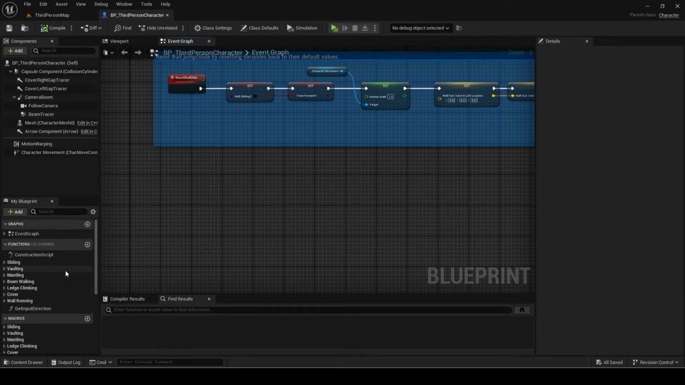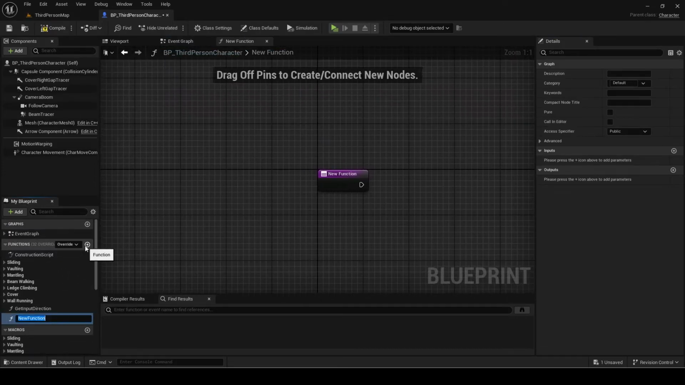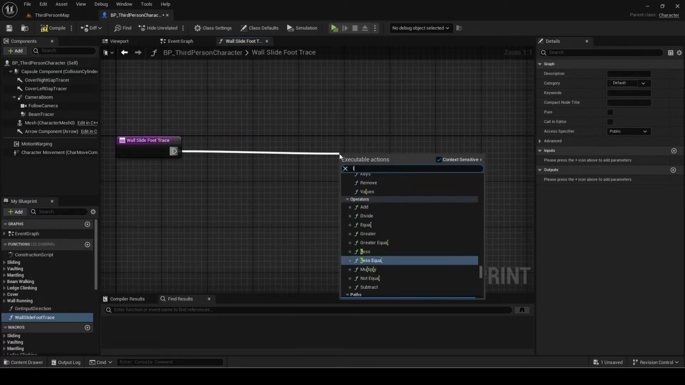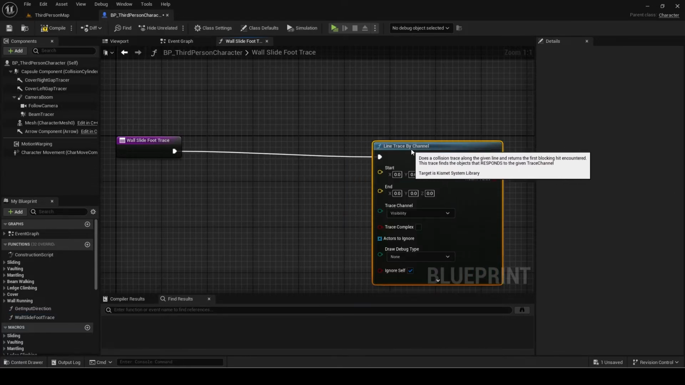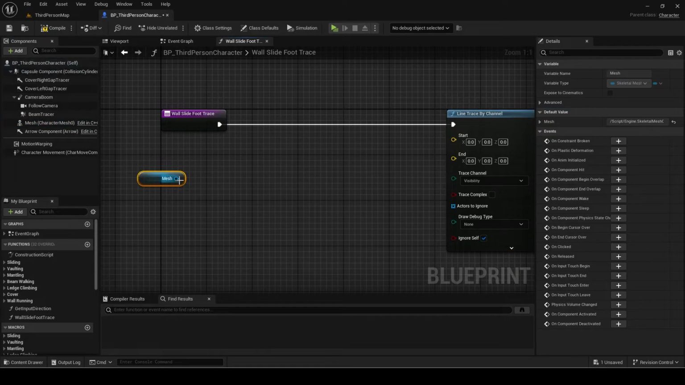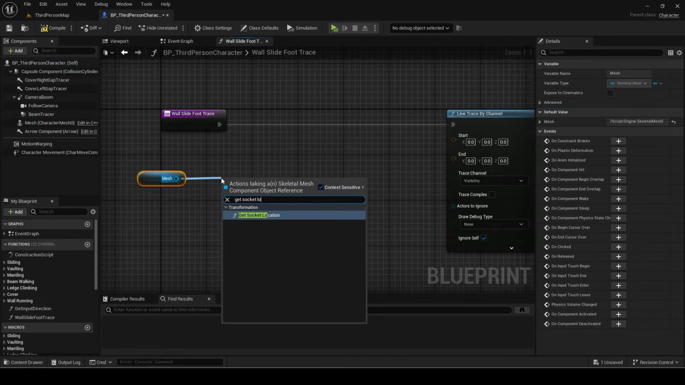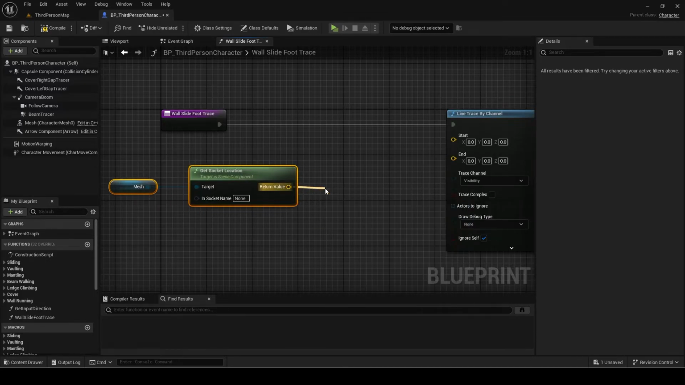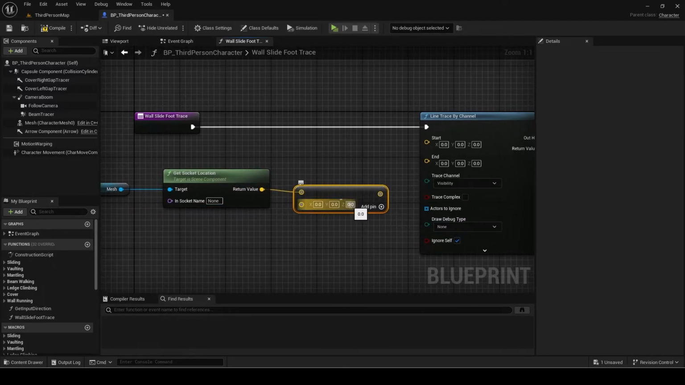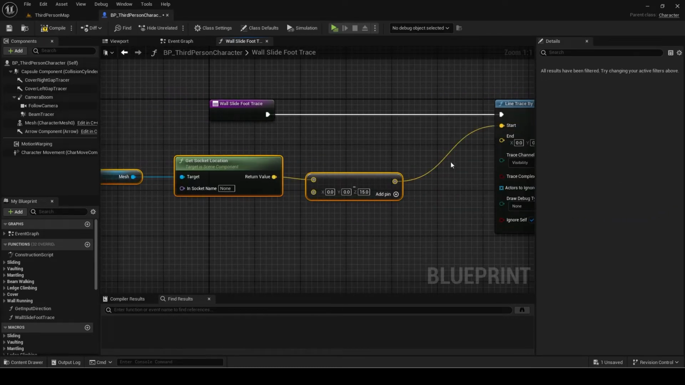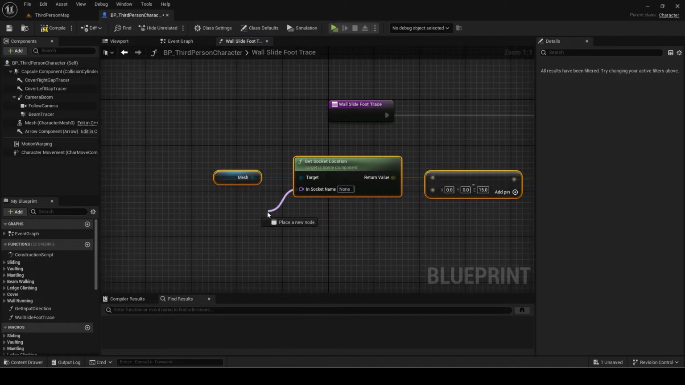Now make a new function called wall slide foot trace. This will trace if the player can slide by checking if there is a surface to place their foot on. Add a line trace by channel. For the start position, get socket location of the mesh and subtract vector. Set the z value of the subtract to 15. This makes it so that the trace is done a bit below the foot so it will predict earlier whether